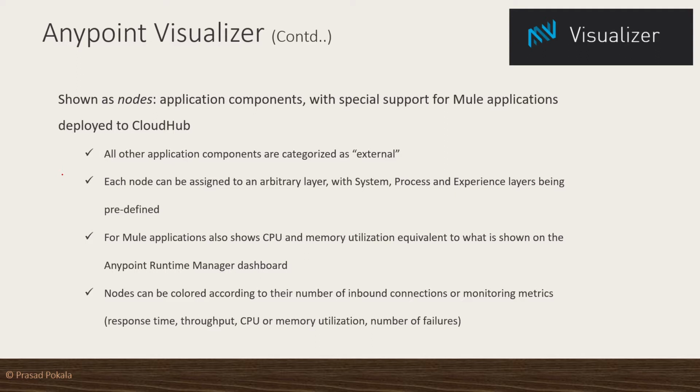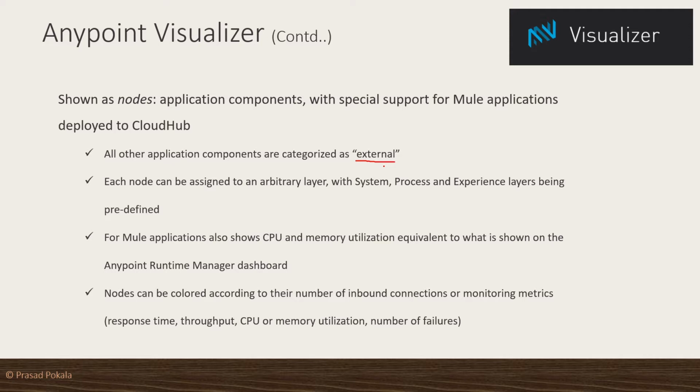All those are nodes because they are the entry and exit points, right? All the listeners in the Mule flow are the receiving parts and all the requests are the outgoing parts, correct? So they are the ones you would mostly see as nodes. And if there are some custom ones you implemented inside the MuleSoft flow, which are not directly supported by the MuleSoft application, then they would be categorized as external. They will still show on the diagram, but they will be put in a section called external because Mule doesn't understand them.